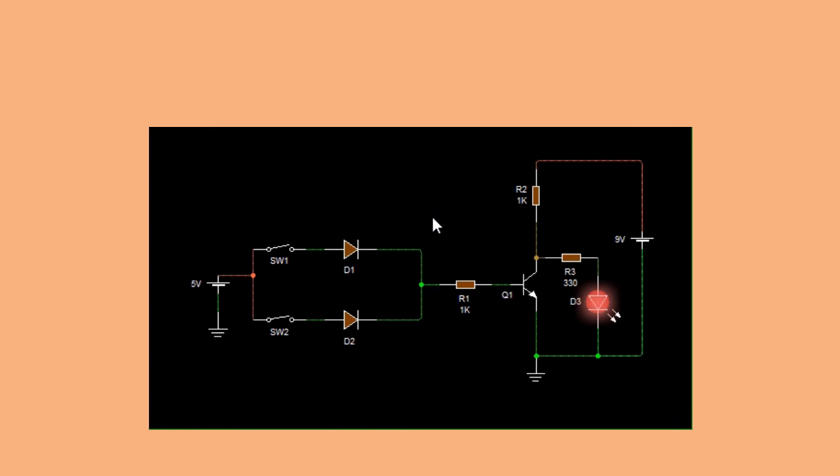So by this simple process we can easily design a NOR gate, and from this circuit we can easily verify the NOR gate truth table, where a NOR gate follows an OR gate output. Okay. So this is the design part and the function part of the NOR gate.